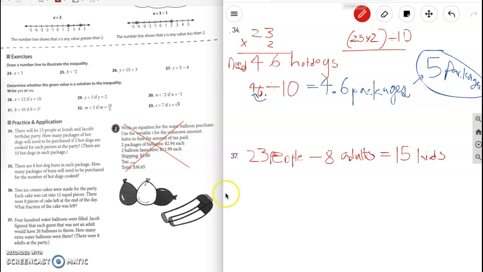What's next? Now we can see, well, it says Jacob figured that each guest that's not an adult, so basically a child, would have 26 balloons to throw. So each kid is going to be given 26 balloons. So then how many balloons are going to be used? How do we figure that out? Each child is going to have 26 balloons. 15 times 26 balloons, right? Equals